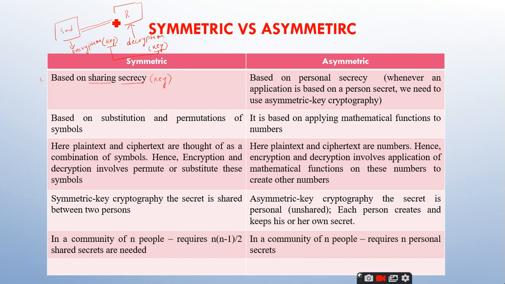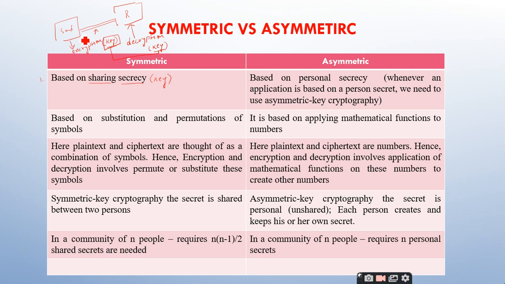So the sender has to send the key to the receiver in a most secure channel, right? This is a communication channel, but he cannot send the key over this communication channel. Why? Because a third party, another user, may attack this communication channel. Because it is less secure, he may get the key. Once the key is compromised, everything is compromised. So a lot of effort has to be made in order to keep this key highly confidential, right?